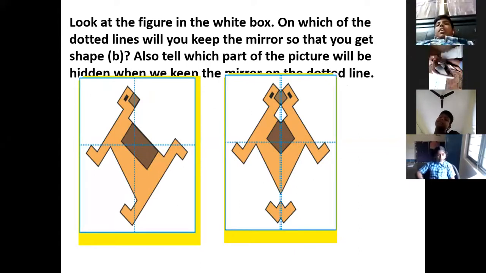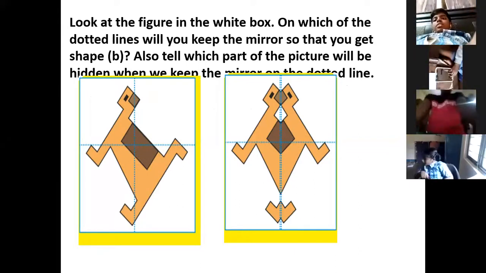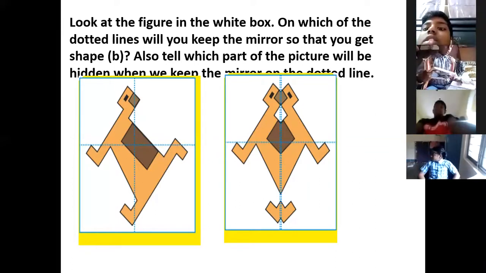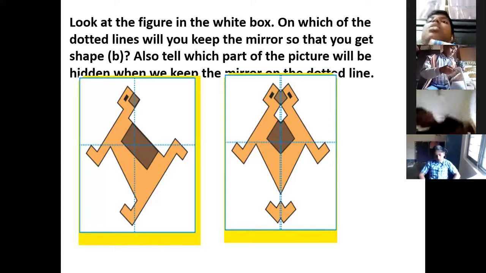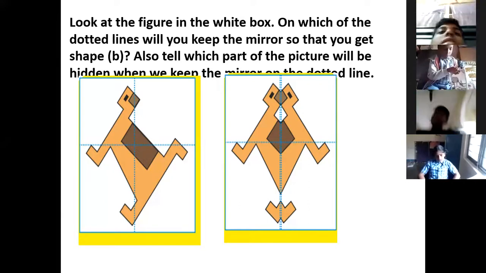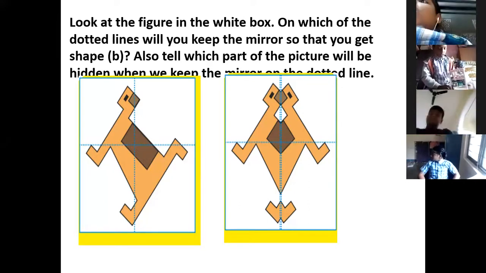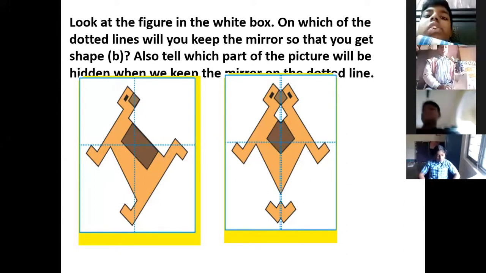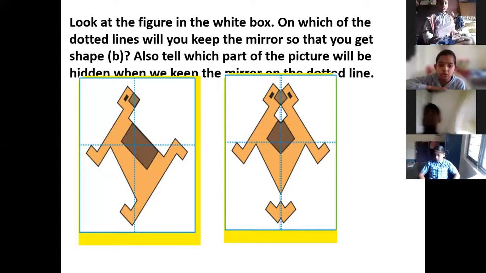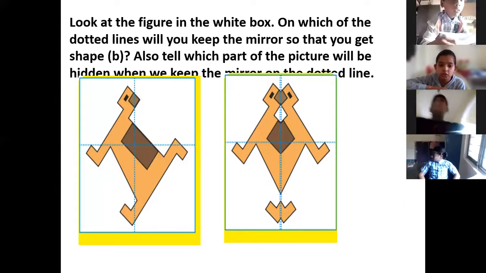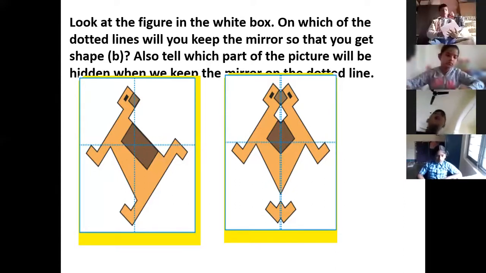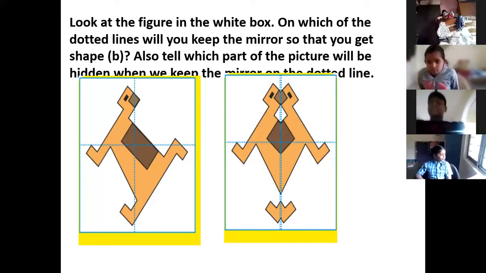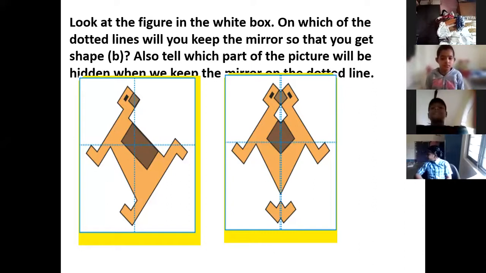Look at this. B1 is correct sir in this. It is correct only. You no need to say correct. These are the activities you have to try with the mirror at home. They are correct. You have drawn lines carefully where you can keep the mirror. You can see its reflection on the other side so that both exactly look the same. These are the activities you have to perform.